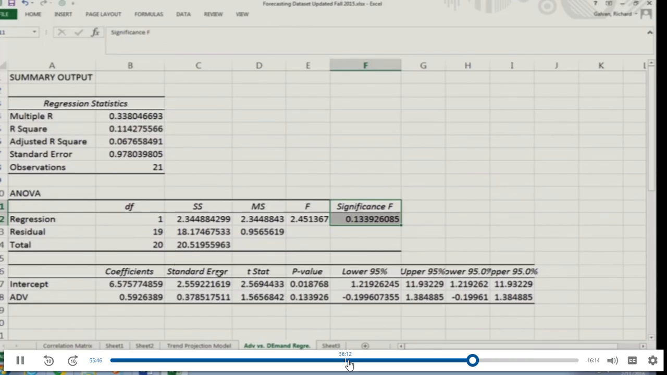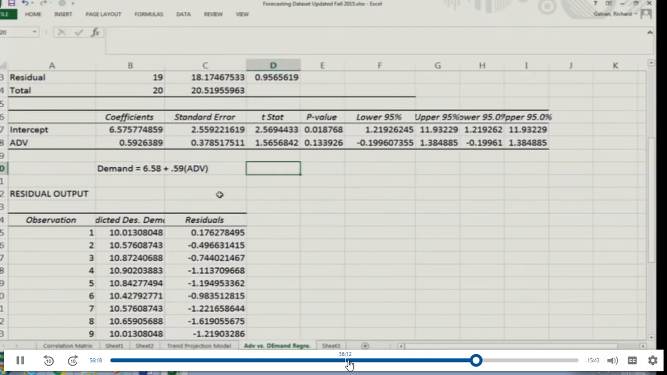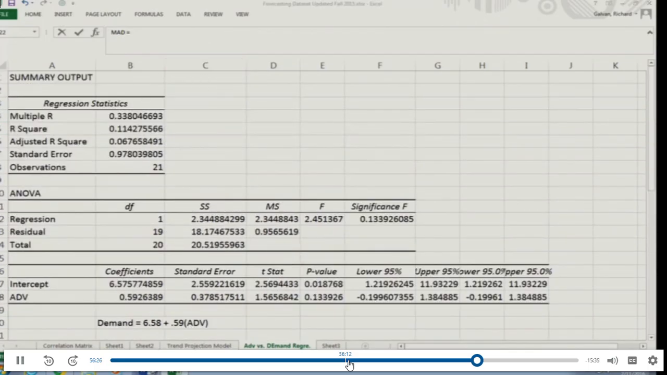And so altogether, it's not a good model, but I can write the equation as demand is equal to 6.58 plus 0.59 times advertising. So that's the equation in case you need it, and then you can just, like before, figure out the math. So you also need math here. Don't forget to calculate the math. Then just copy and paste like before and bring it to the Word file and put it right